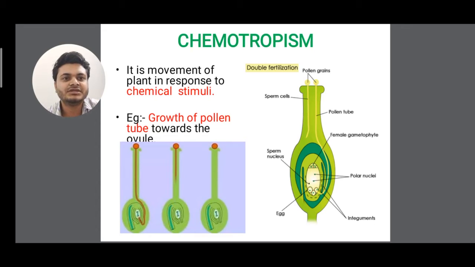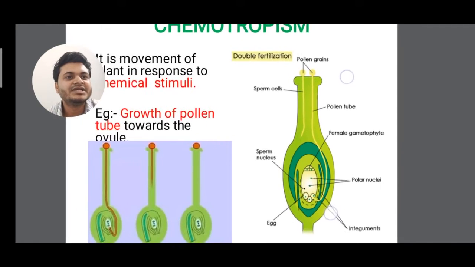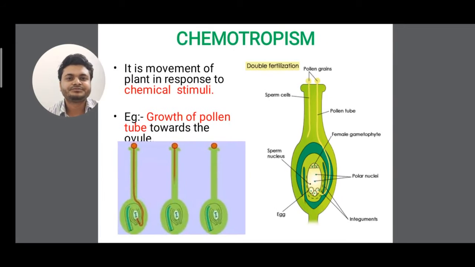See the last one, 1 2 3, in the last one you see only pollen is there. In the middle one you see the pollen tube is elongating, and in the first one you see the pollen tube has already elongated and entered. Clear? So it is a process of double fertilization. So the pollen tube is extending. You can see on the right hand side, a nice diagram has been given. So here we can see chemotrophism, where we can see the pollen tubes in the pollen grains.